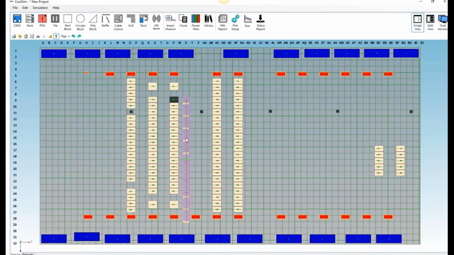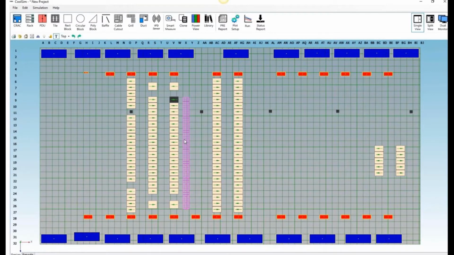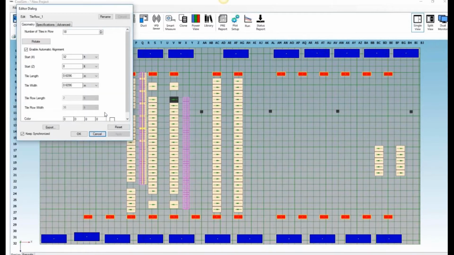So I drag this down into position. We snap to the tile with our perforated tiles. We snap to the grid because that's a 2x2 grid. I got to get the quantity right. We support Control-C, Control-V of everything. So I Control-C it, and then I just Control-V it. So once I have it set to approximately the right length, I just drag it, Control-C, Control-V it, and drag it into position. Now I notice the grid's not lined up perfectly here,